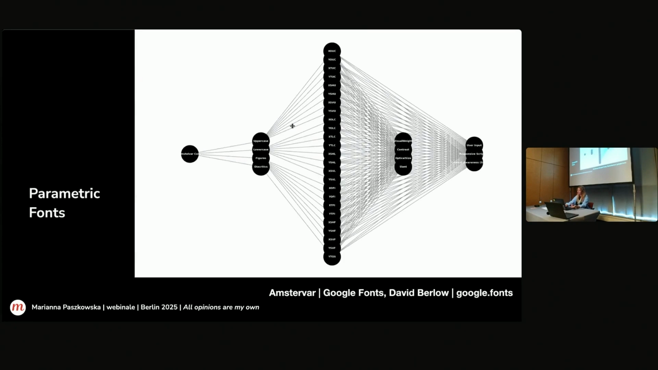Other examples of complex font projects are parametric fonts. This is not a project I worked on, but I show it to give you a sense of the scale a font project can take. It might seem like such a small thing, but you see in this diagram I generated, there are user-facing or user-friendly axes, like the ones we are already familiar with, weight or width, but then there are also